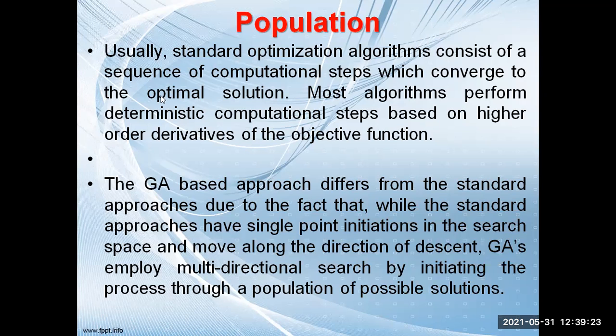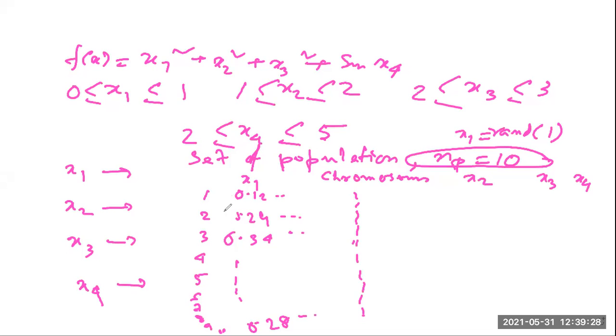So what we have done, I will go back to the board. When we are generating this population, we are assuming these are your possible solutions, similarly for x1, x2, x3, and x4. Basically, it is assumed that these are the set of solutions. It is random. We don't know, but we have to calculate with the help of this genetic algorithm what the value of x1, x2, x3, and x4 should be.